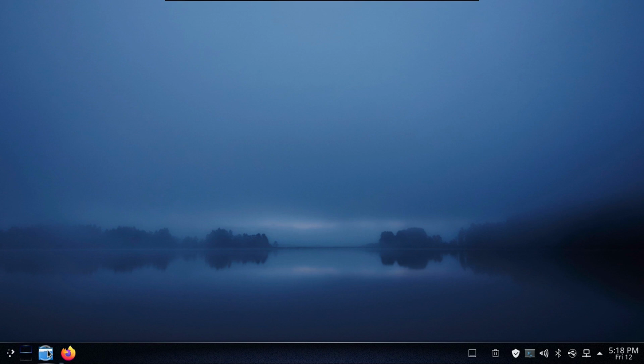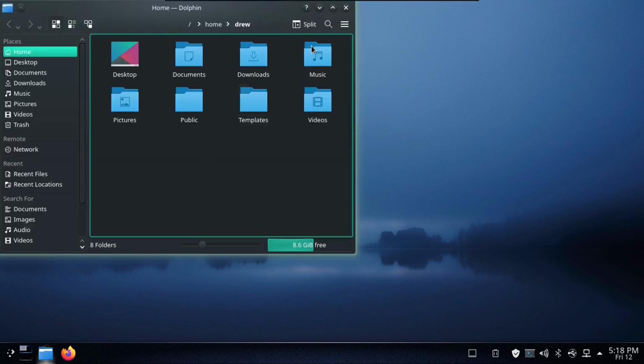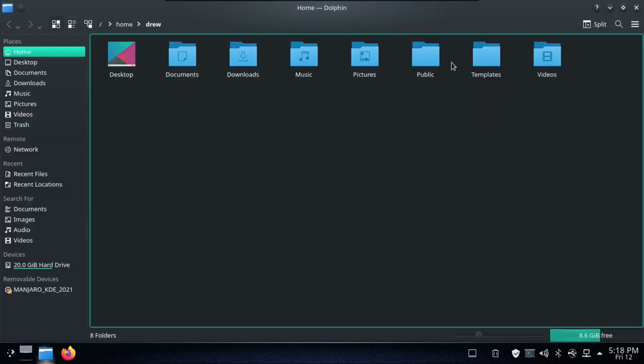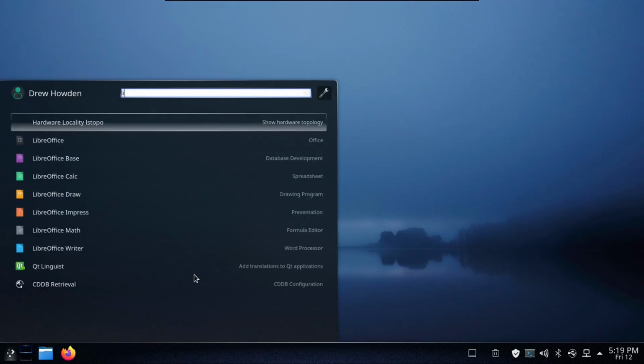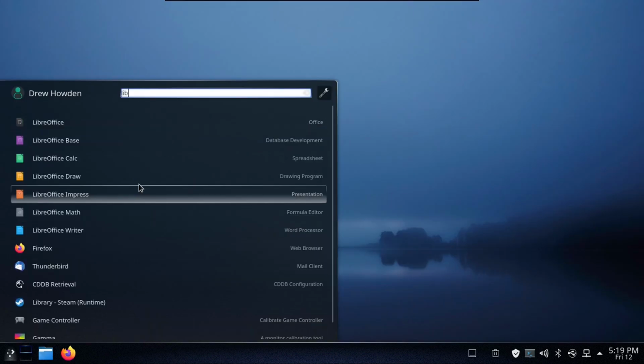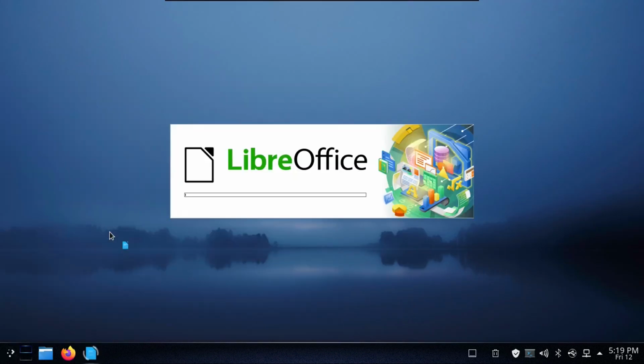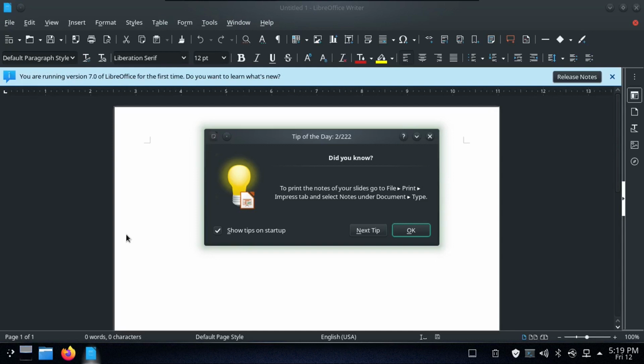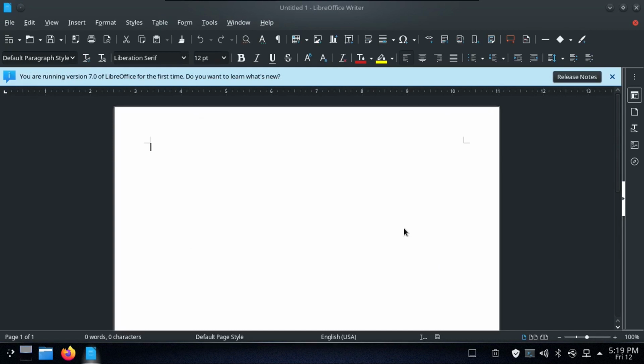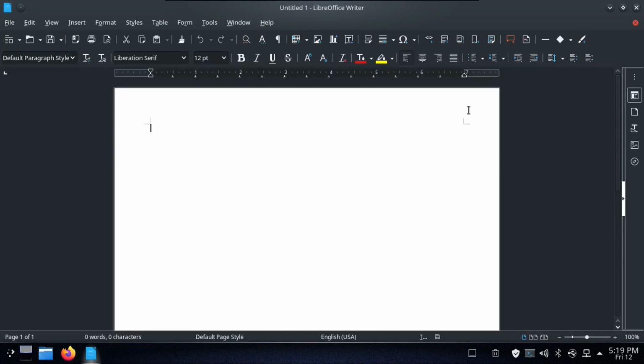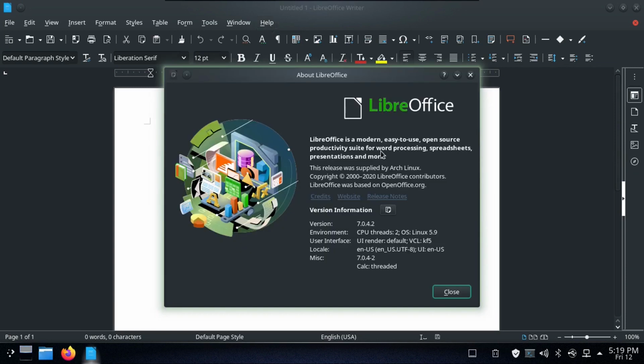But anyway, now let's actually look at our file manager, which is Dolphin, since we're on KDE. Yeah, pretty much what you'd expect from a file manager. And actually, I'm gonna go over LibreOffice, just in case you're unfamiliar. By the way, this is the Office suite that's pre-installed on most mainstream Linux distros like Ubuntu and Linux Mint. I actually don't want to see these tips on startup. And since this is a rolling release, we have the latest version of LibreOffice, which is 7.0.4.2 at the time